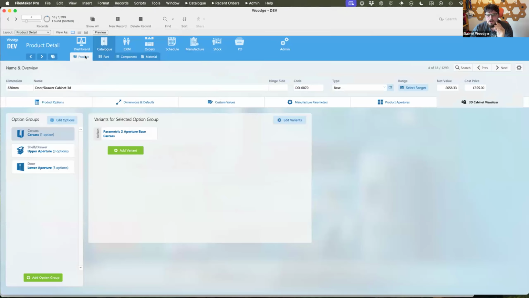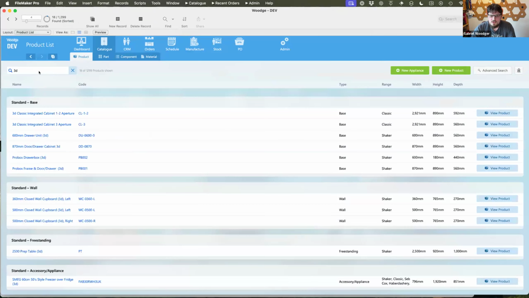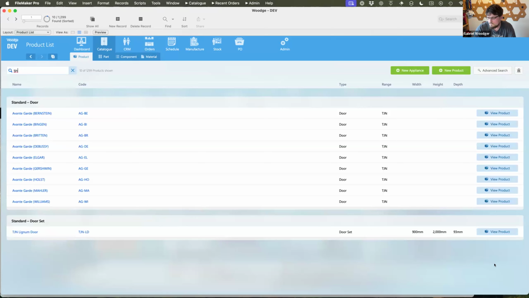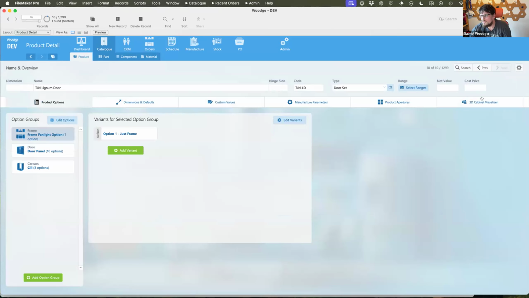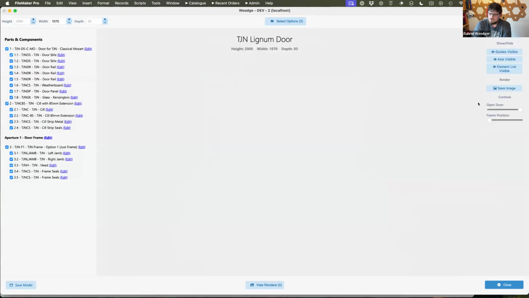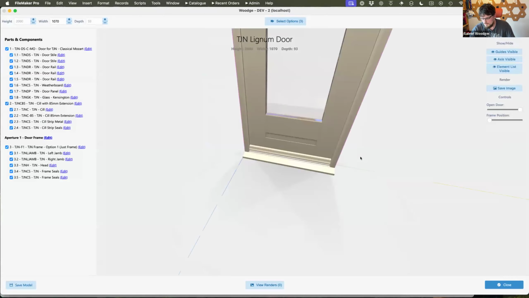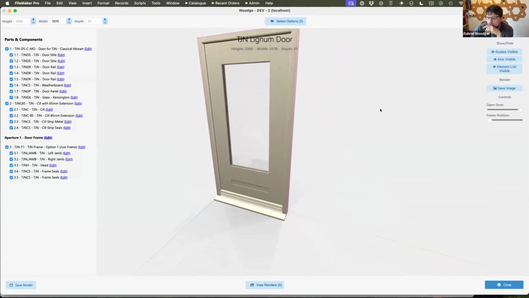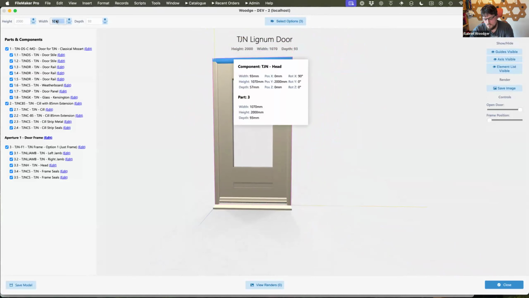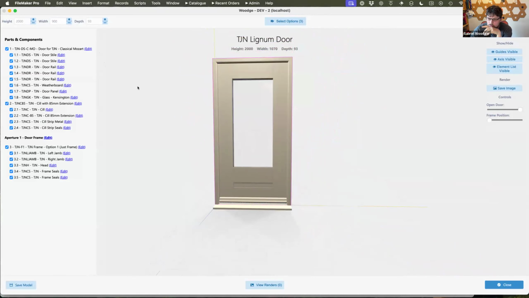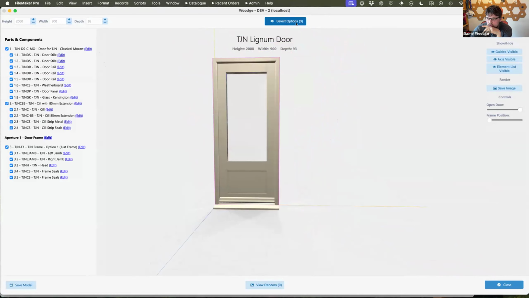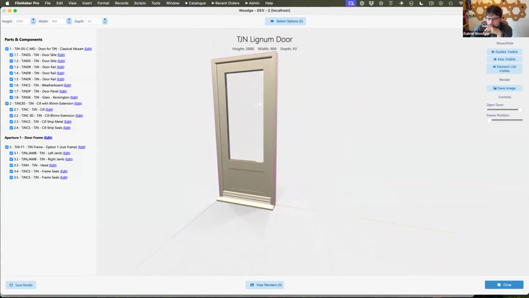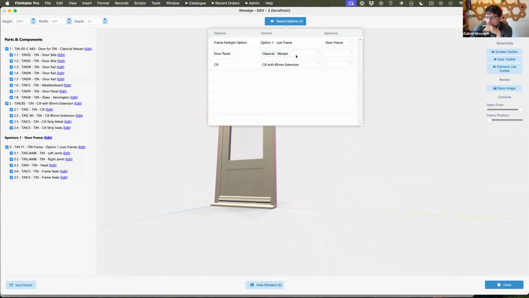So let's have a look at some other types of things. Look at a door maybe. One of our customers sells hardwood doors, so we're building a front-end website for them that will have a retail shop for this, but this allows us to choose different options. We've got our door frame in here, we can open the door, and we can choose what other styles we have.